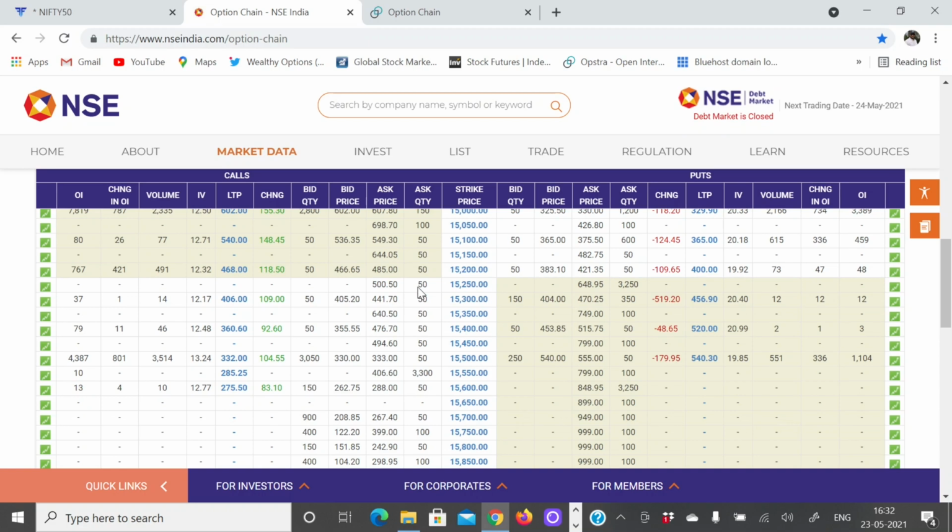This is the option chain from NSE. Obviously, the NSE option chain offers most of the information we need. However, there is some additional information which you cannot get from the NSE option chain, but you can get from third parties like Opstra and Sensible. Those option chains offer, in addition, the option Greeks data, which is fairly important, especially for options sellers.